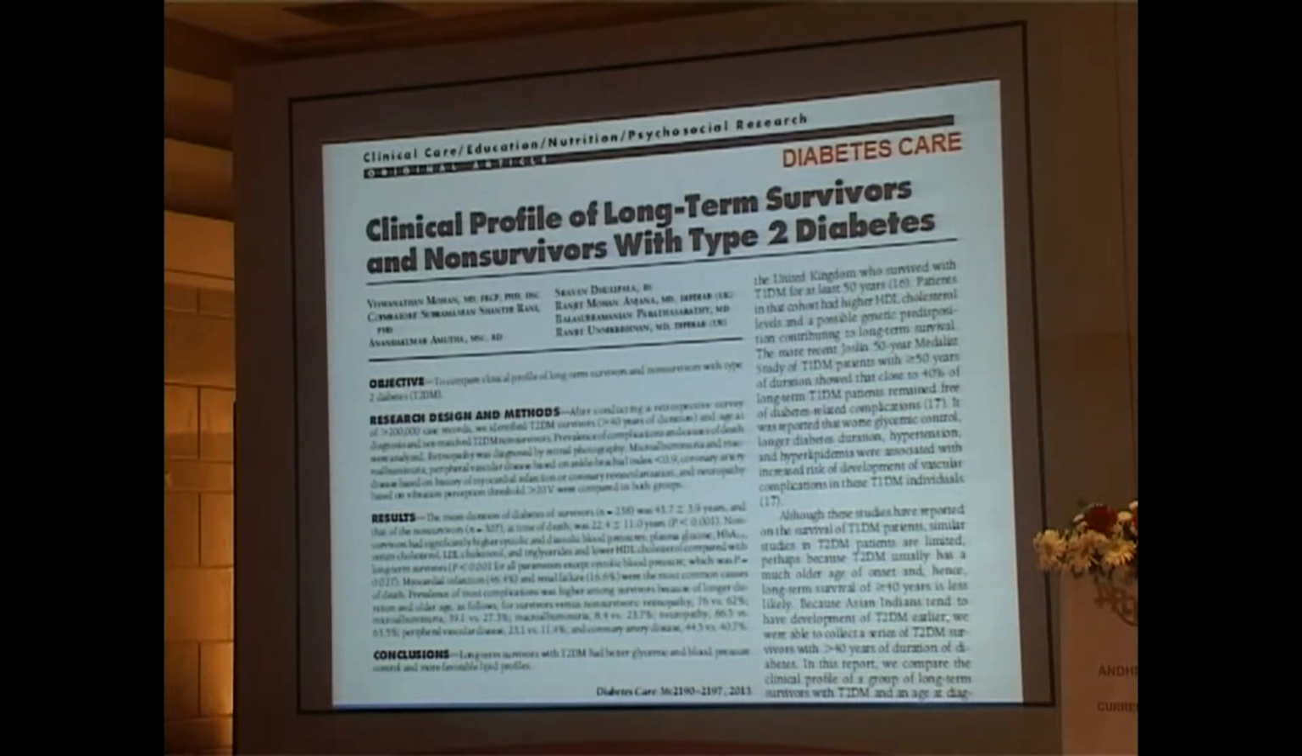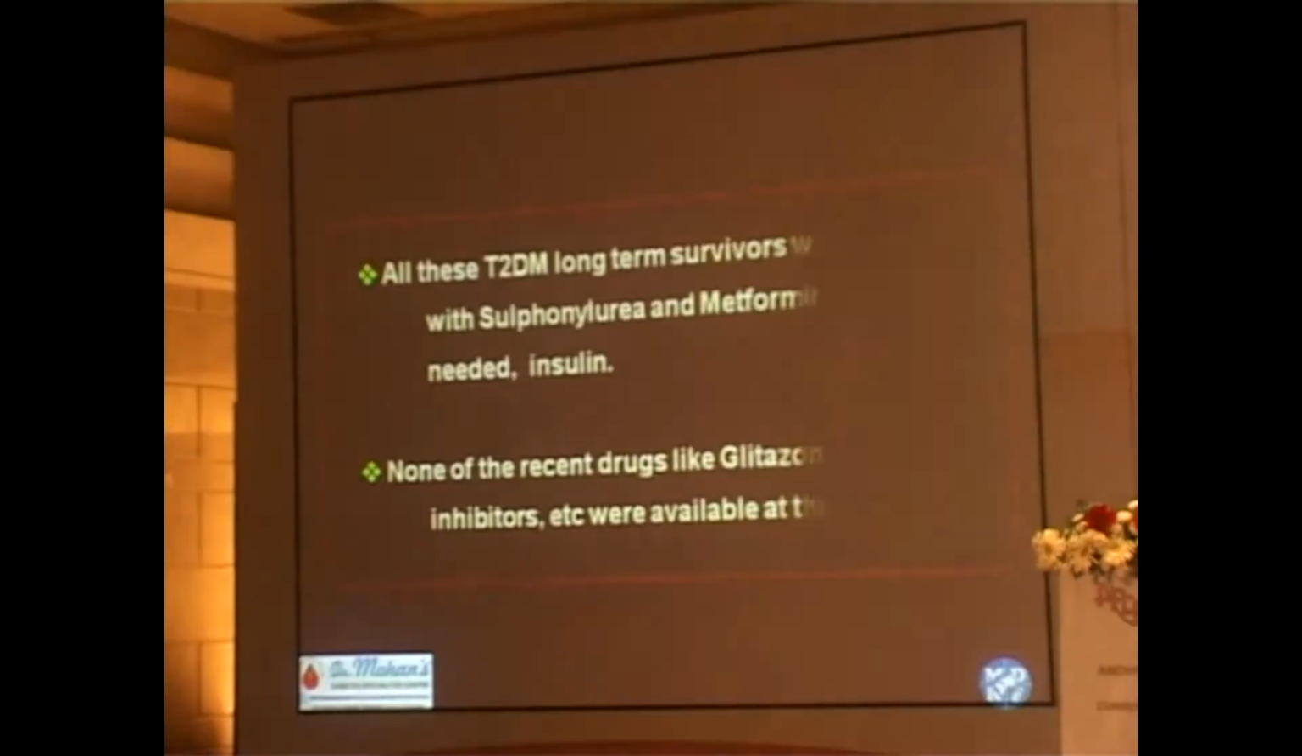There are 2 papers in the world on type 1, one from Joslin Clinic and one from the UK, which have looked at people with type 1 diabetes, children with type 1 diabetes who have survived 50 years or more. This is a paper on type 2 diabetes patients who have lived 50 years or more, and this was published in Diabetes Care again a couple of months ago. And what we reported there